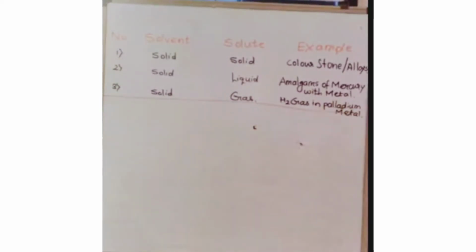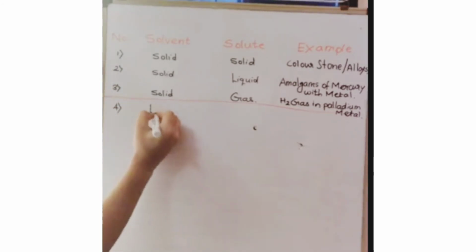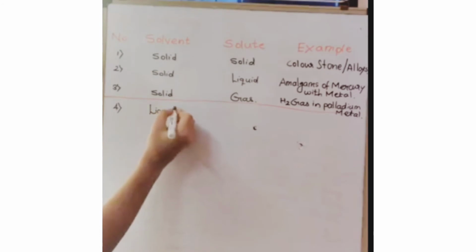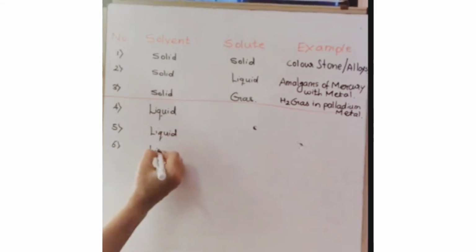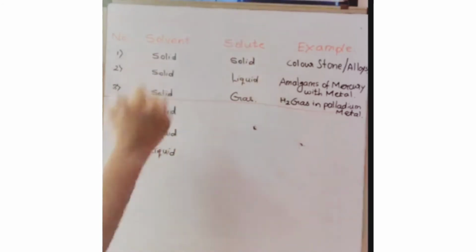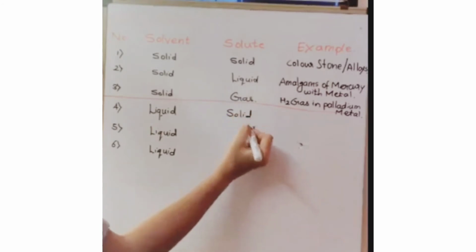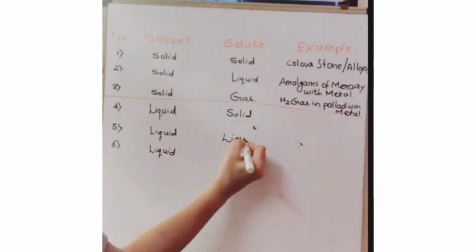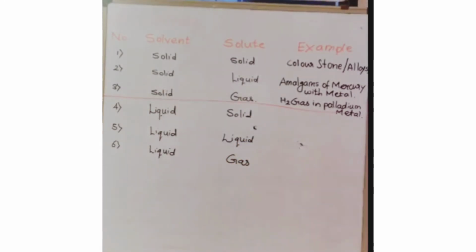Let's go to our fourth one. Now our solvent will change. Till now solvent was solid. As solvent was solid, our solution was solid. So now we will go to the fourth one, that is, our solvents are liquid. Fifth one, I will again consider three states in a liquid. Solvent will be in the liquid, and solute will again be solid, liquid and gas. So write it down: solid, liquid and gas. Okay, so first, the fourth one which we will see, liquid and solid.